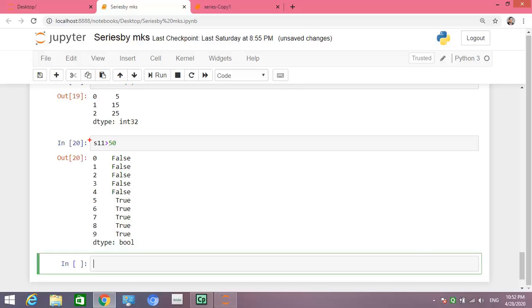Index 0 to 4 has values less than 50 and index 5 to 9 has values greater than 50. That's why greater than 50 is coming true and less than is coming false.